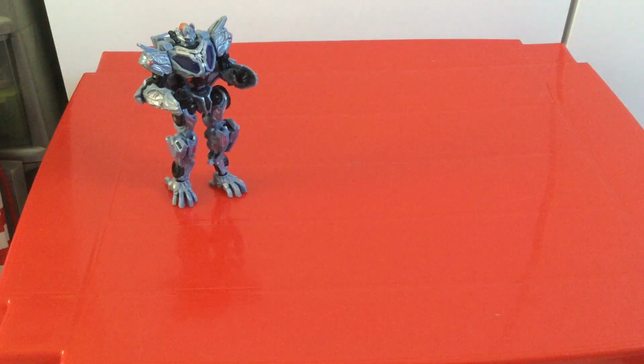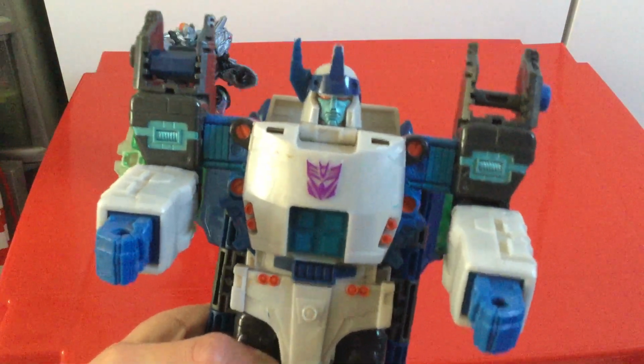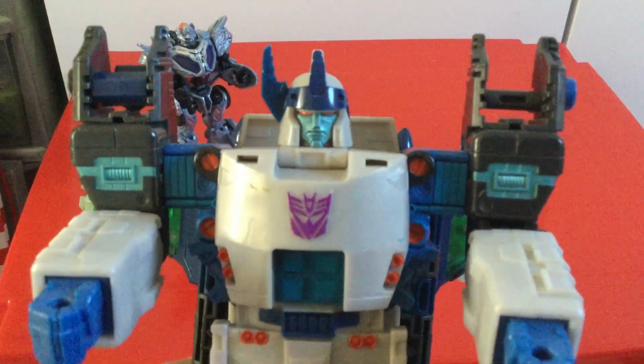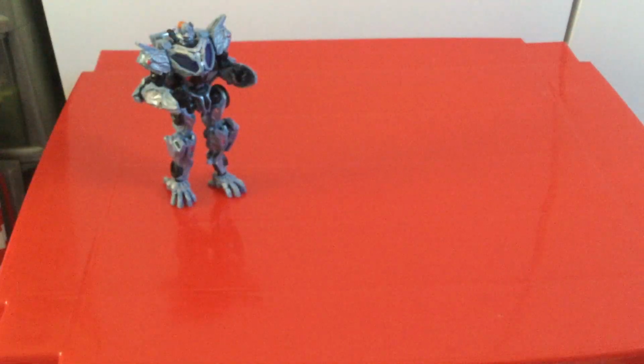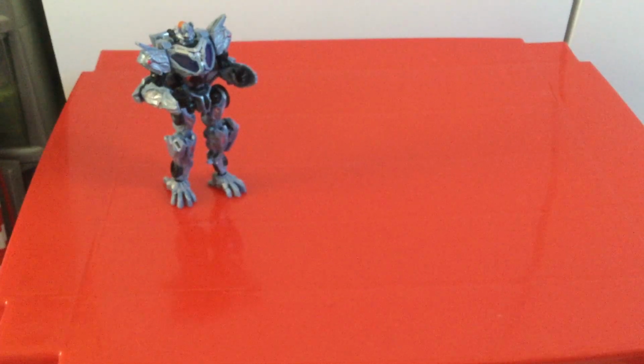Oh dear, the TIE fighter just fell over. Yeah, he's pretty cool, he's not bad, but I like his Megatron head sculpt. He's got a very good Megatron-esque head sculpt there. Really cool, but again, 15 quid was a bit much for him. So after that, moving on,